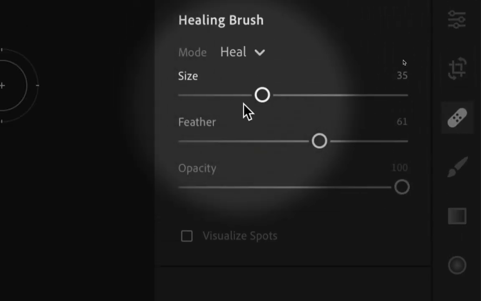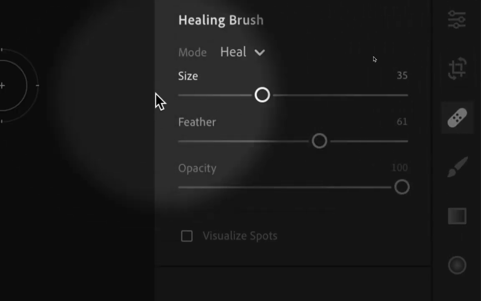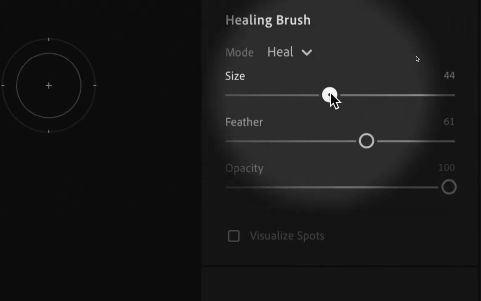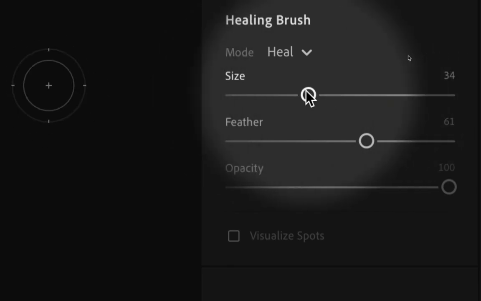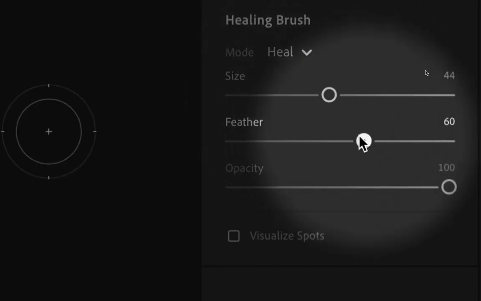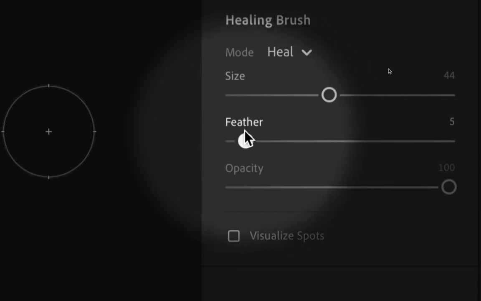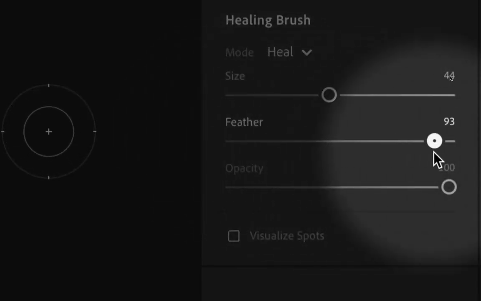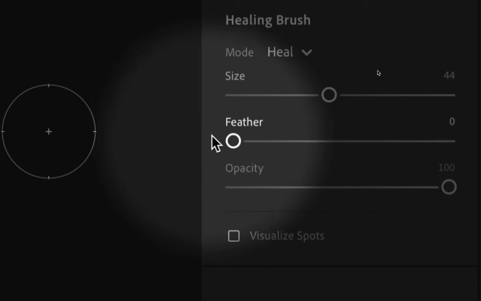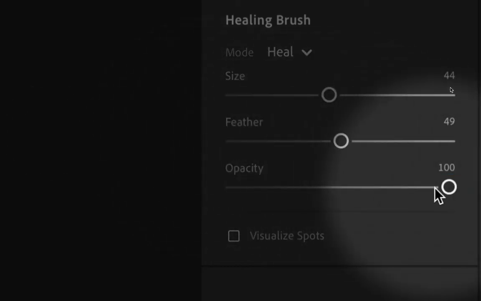When we open up the healing tool, we can see that our size, I'll scoot over so that we can see it a little bit more, can be changed with this slider. We can also use the left and right bracket keys for quick edits, as well as being able to edit the feathering, which is how sharp the edges are or how soft and blurred out the edges are of the areas that we change. It's always a good idea to have just a little bit of feathering, otherwise it looks like a really big polka dot. And then the last thing is that we can adjust the opacity,